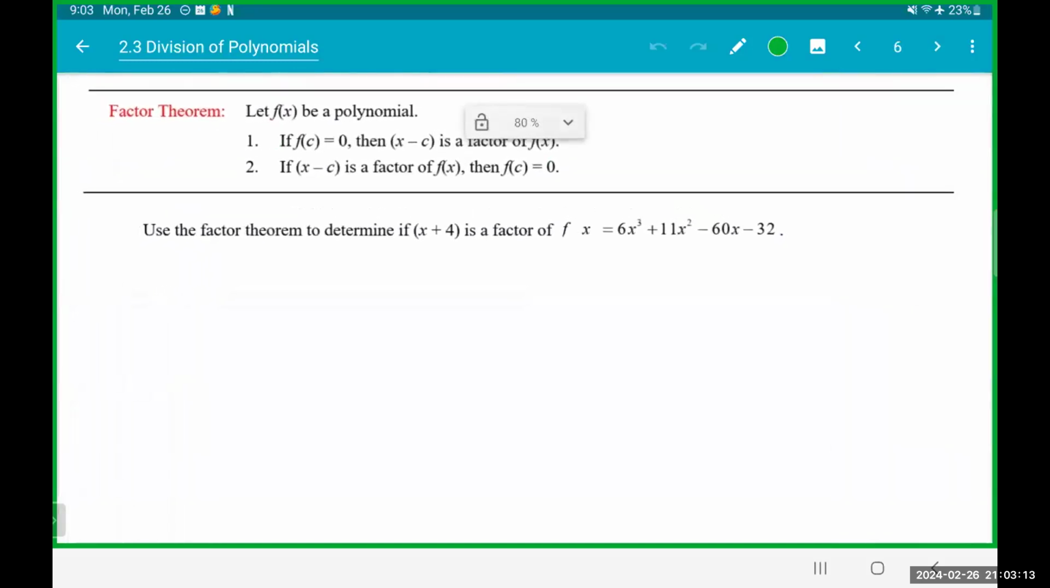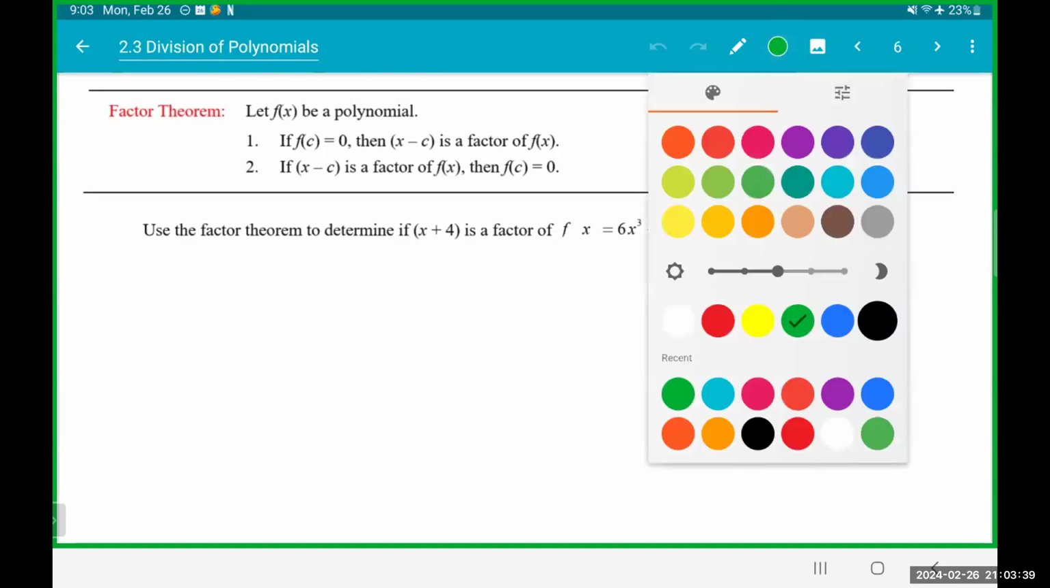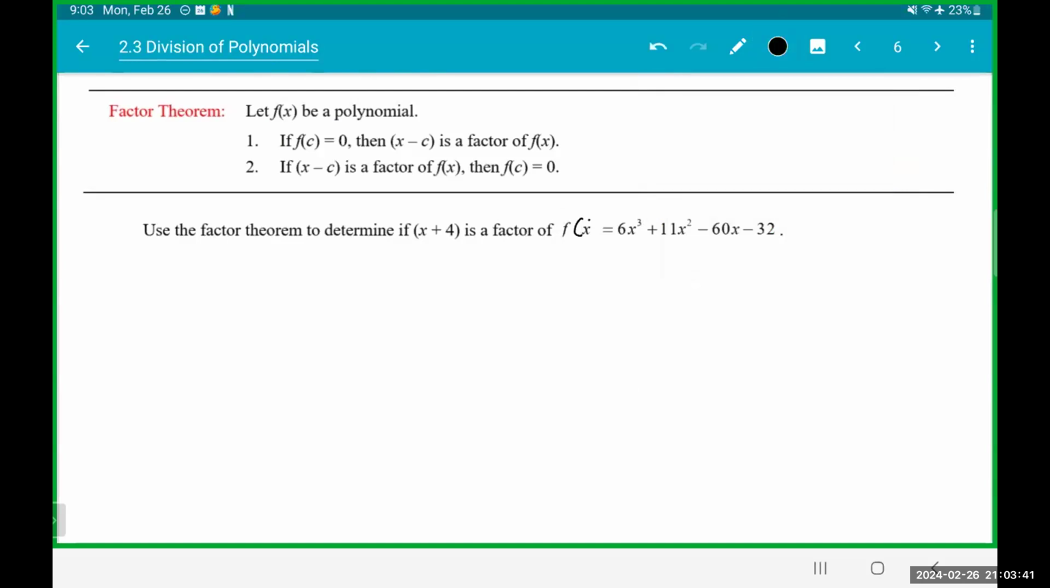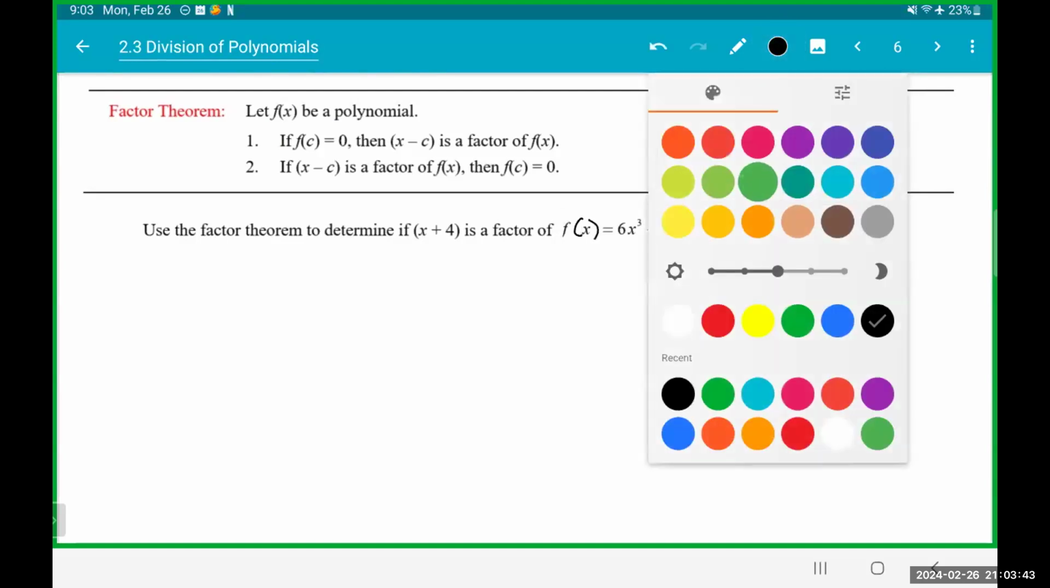Okay, the factor theorem. So this is telling me if we have a polynomial and if I evaluate it at c and it equals 0, then x minus c is a factor. Okay, and if x minus c is a factor, then f of c is equal to 0. Okay, so for this problem,